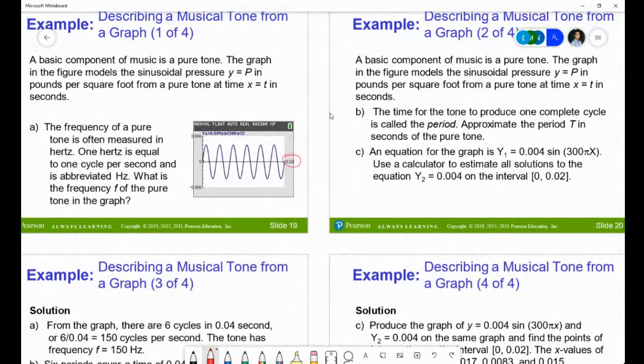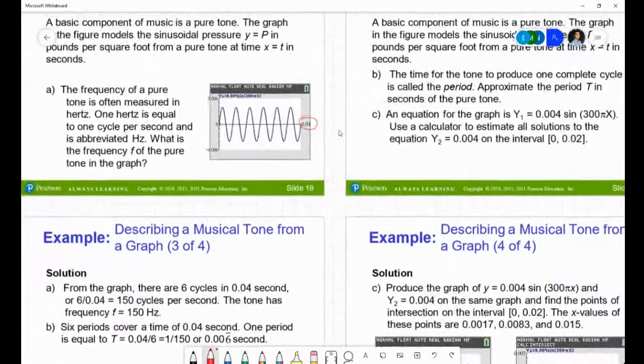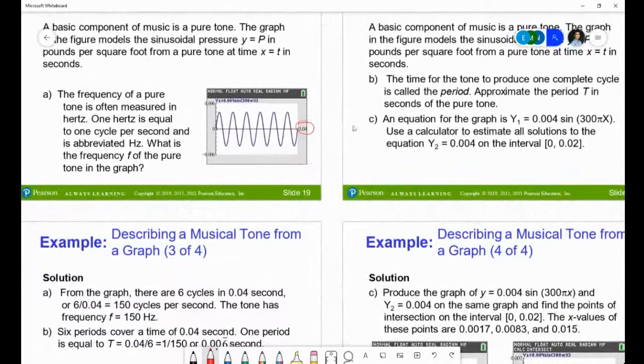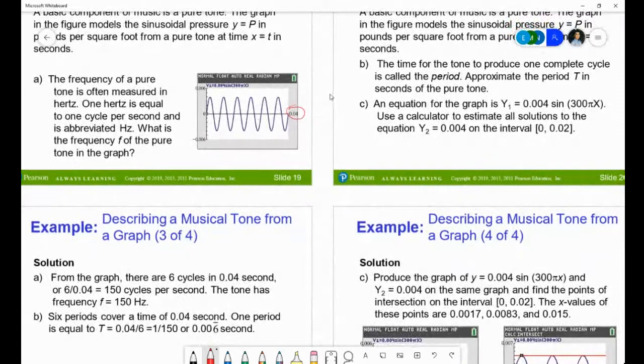Let's see. I think that's it. Now the time to cover one complete cycle. Well, since we did 6 cycles in 0.04, we just have to divide that by 6 to get the period for 1, and so we got 0.006 repeating for a period. And then